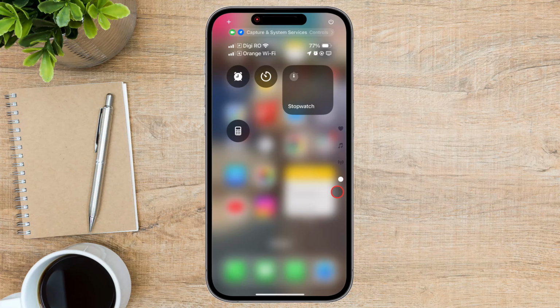This is important. On the top, there is a plus icon. Tap on it. You see now that we entered into the edit mode for the Control Center. Now when you look on the icons from the right, you see there are 5 icons. The new icon added is the new page. Swipe from top to bottom or from bottom to top to get to the page that you want to delete.